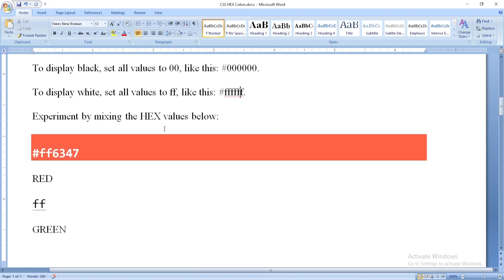Experiment by mixing the hex values below. As you can see, this #FF6347 right here is the one that gave us this kind of color. So when we mix these numbers together, then we have this kind of color. But notice one thing: when you want to specify a hexadecimal color, definitely you are going to start it with a hashtag,